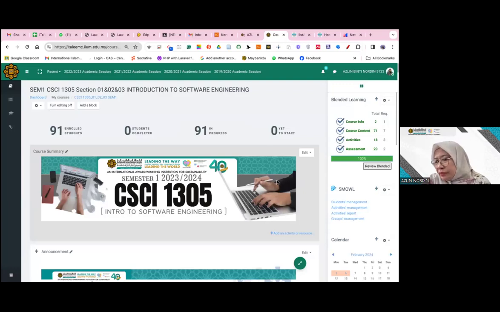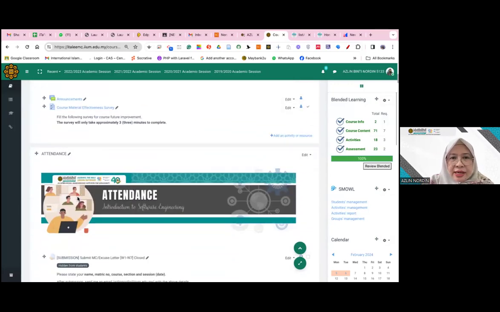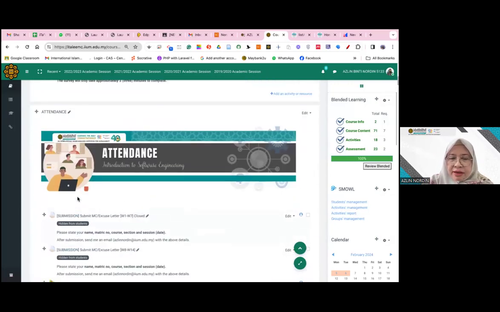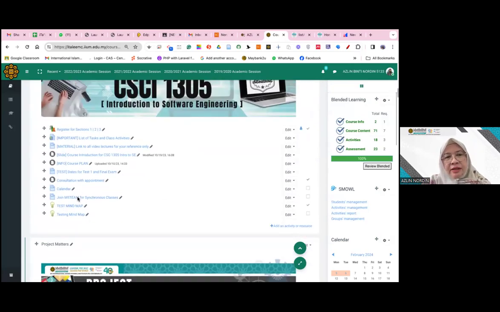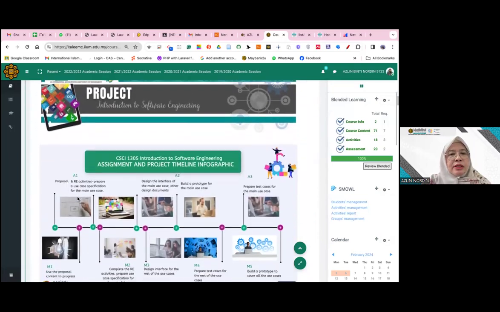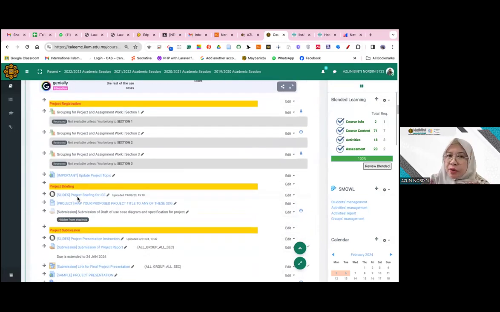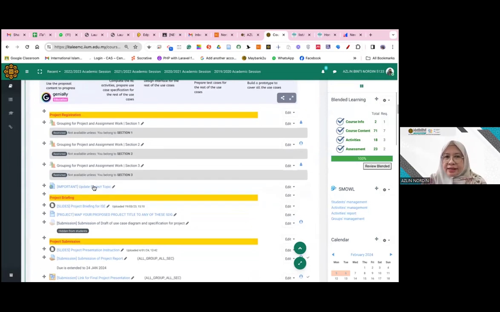Okay, this one. This is the part where I say blended learning that is tracked. So you see the minimum requirement. Here it has a similar structure, but here I have the attendance. I don't track attendance in the generic section. And the project, I don't have a project in the generic section. This yellow thing,